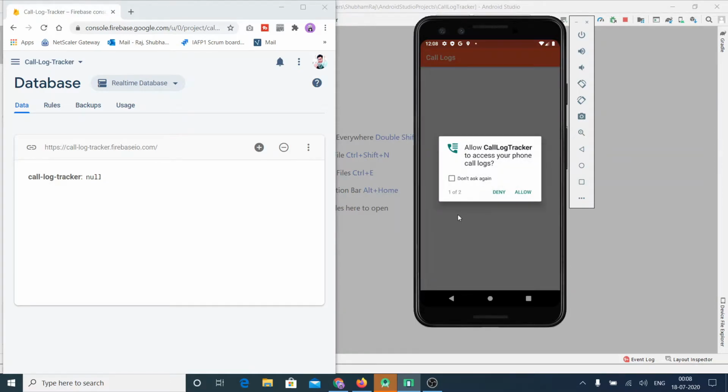So once the app is installed and opened for the first time, it will ask for some permissions. As you can see here, the app is currently asking for the permission to access the call logs of the device. And here is the first tip for you guys: properly read this kind of dialog and see what permission the app is really asking for. I have seen many people just download the app, and after installing it they click the allow button whenever it appears, without even seeing what type of access permission the app is asking for.